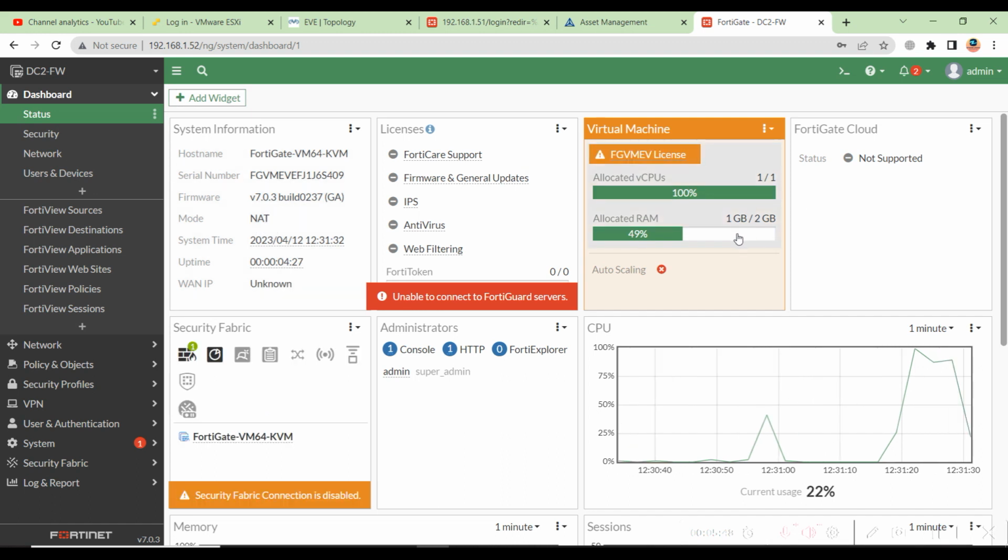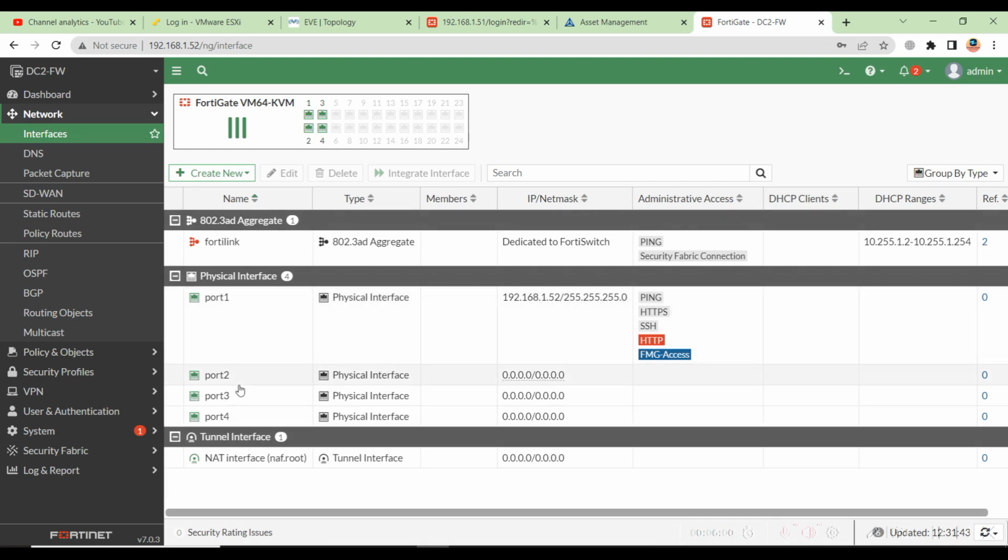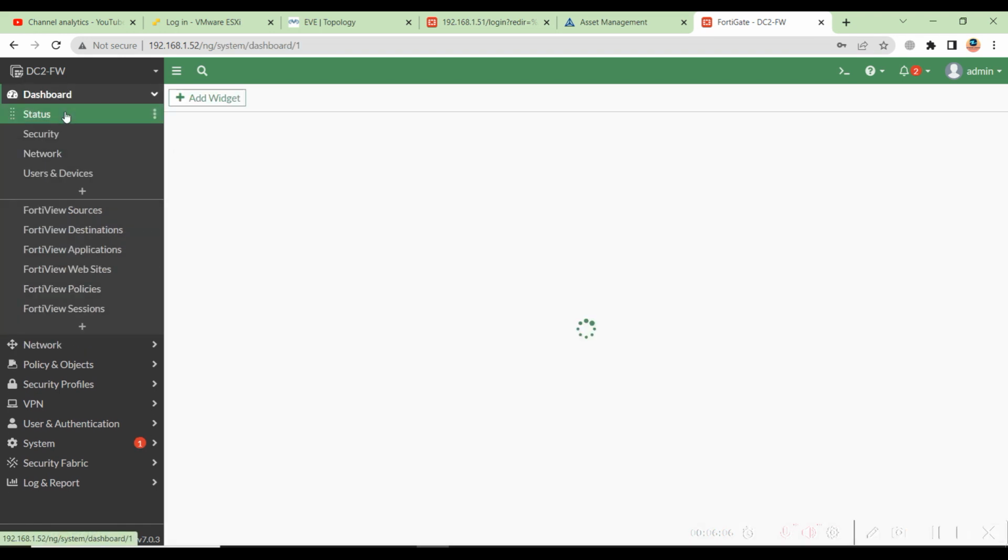Now you can have 2 GB of RAM and 1 GB CPU like you have in the 7.2 version. But if you go to the network part, go to the interface, you don't have the limitation of 3 interfaces, you have 4 interfaces here, right? And also if you go to dashboard and check the status here